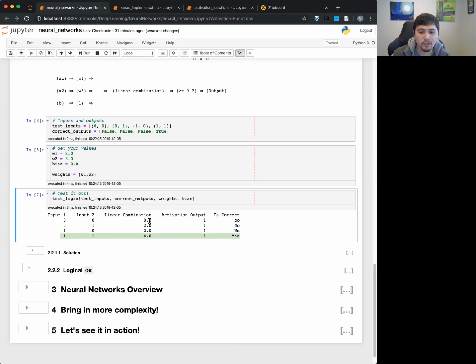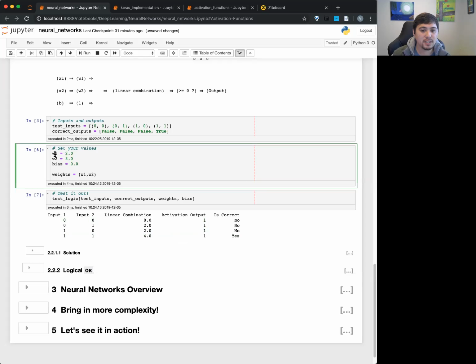But this one, we need to have the output as 0, right? So let's start off with input 1 is 0, input 2 is 0, right? No matter what we multiply it by, it's going to be 0, right? So what's the only part in here that we could change that could modify this line in this case?